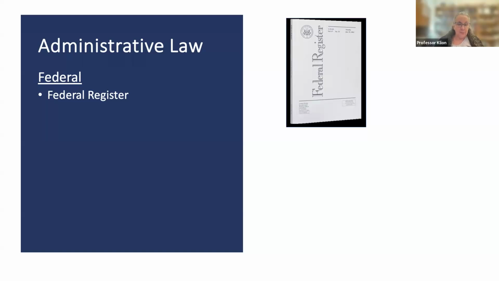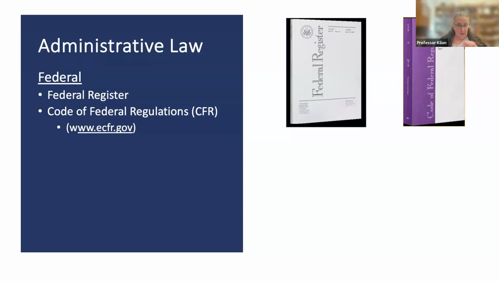It also includes proposed rules for agency regulations. It posts a notice for opportunity and notice for comment. And then the final rules get posted in the Code of Federal Regulations. The Code of Federal Regulations is available in paper copy only. It changes every single year. You can find them at www.ecfr.gov. And the research assignment will show you how to get to the Federal Register and to the CFRs, or